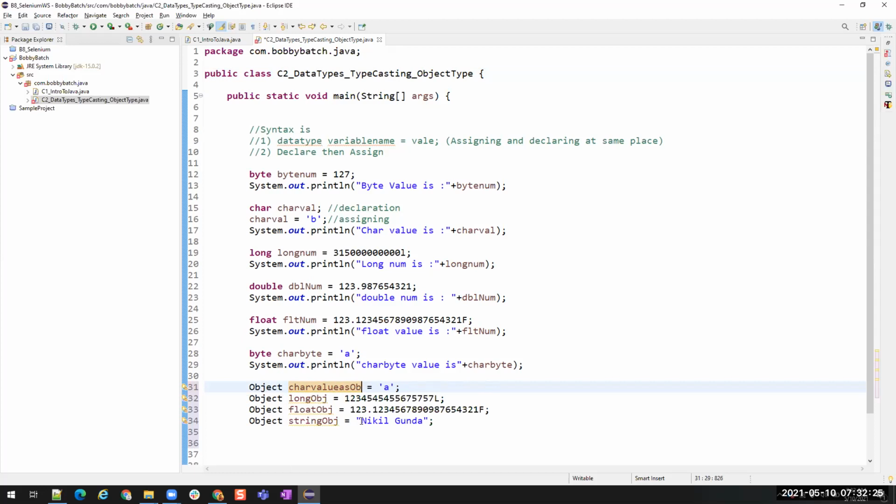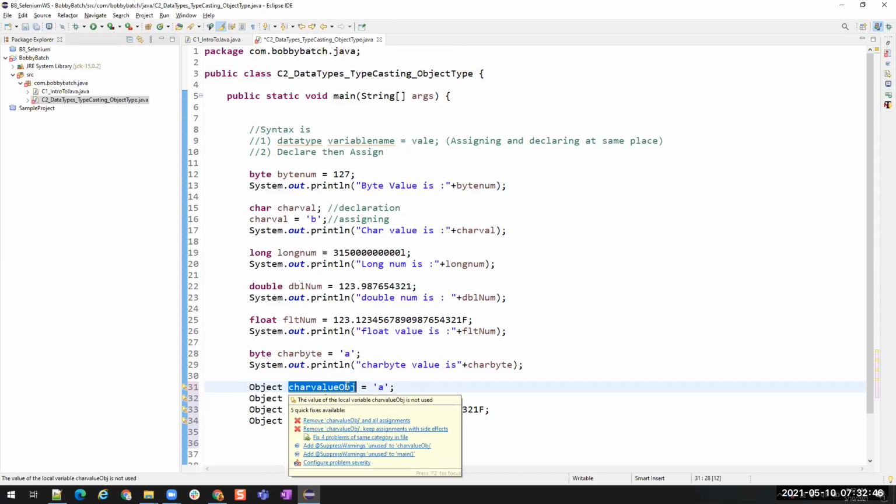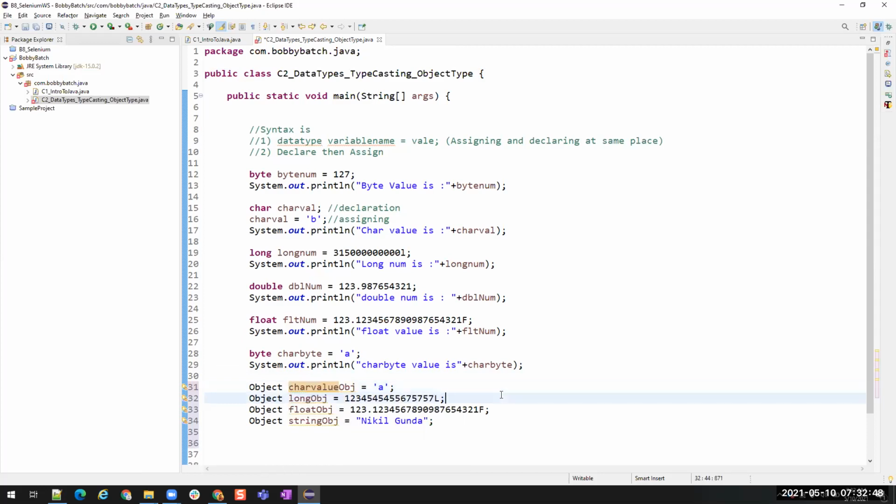You can also name it like this. No problem. Just to have meaningful names and to know what type of value we are holding inside, that's why I'm writing this as an object value.